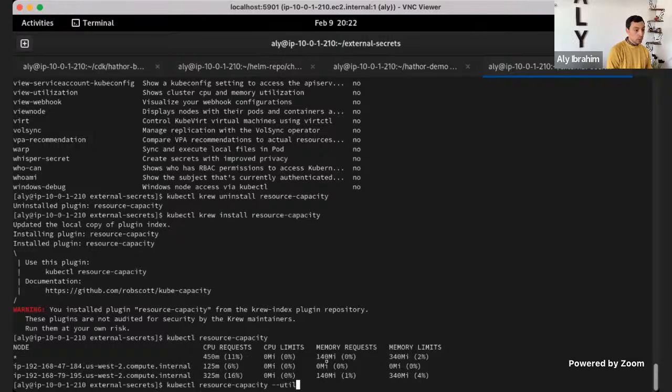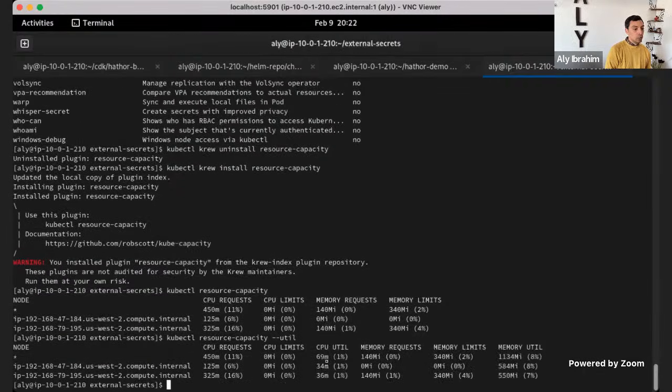To see the current one, we can do util. And this will show us that yes, we have requesting 11, but currently we're just using 1%. It's a very idle cluster. I just installed it before that. So the utilization is very low. With just one command, you will be able to see what is the status of my cluster, what's happening, what's the utilization, and how do I need to upgrade, add a new node, or do I need to modify the current requests and limits for my CPU?